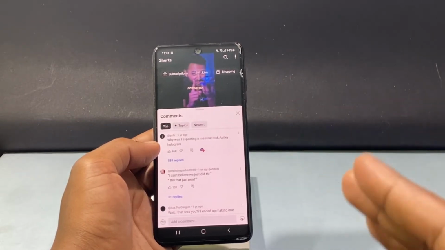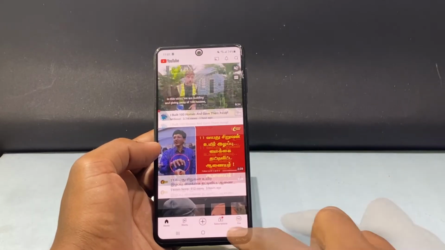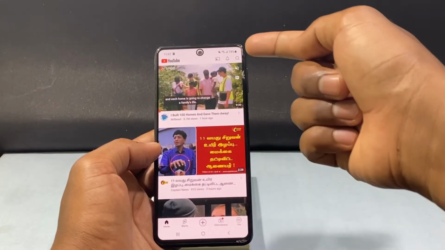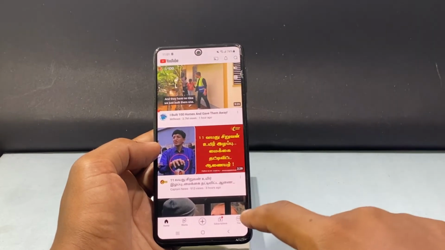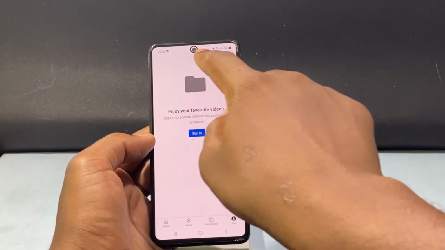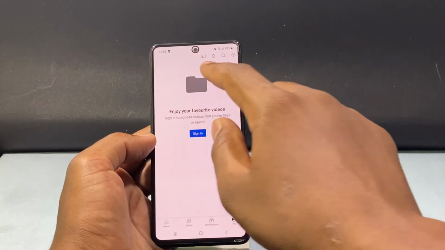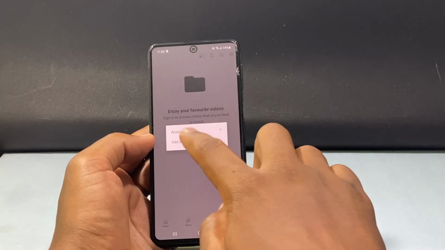You just need to sign into a YouTube account. For that, just open the YouTube app and then click here for the new version of YouTube. If it's an old version, you need to just tap the top right. I just click here. Then probably you can see the sign in page like this, or here you can see the sign in option. Just click that and tap add account